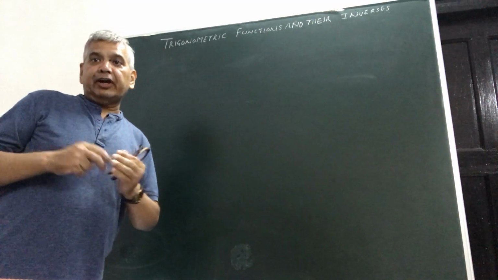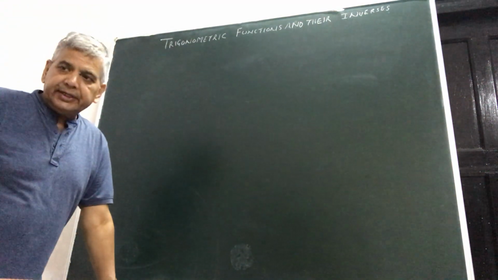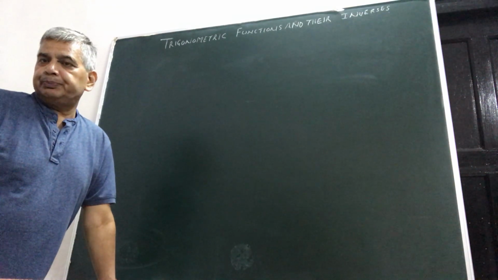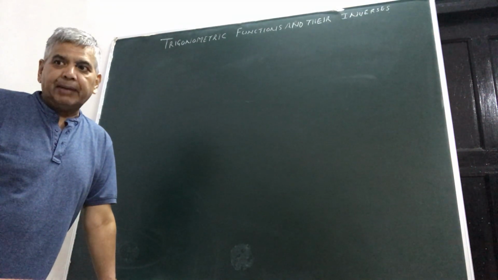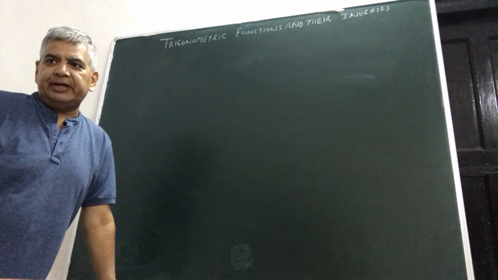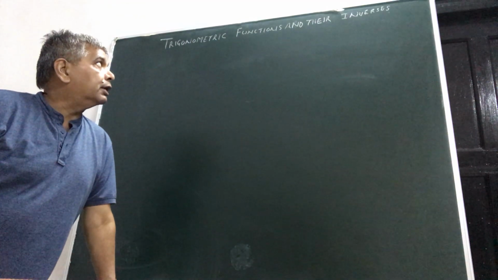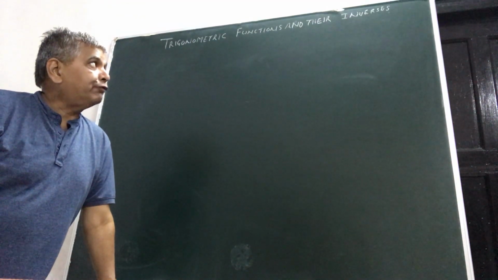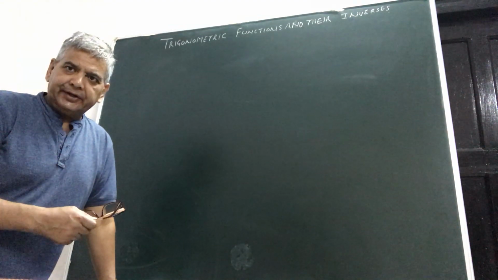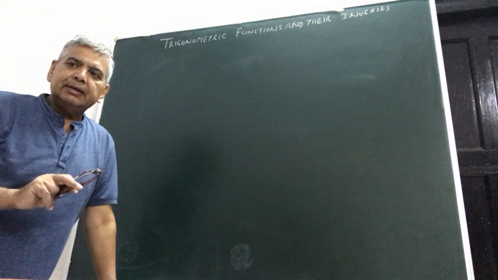Because if we want the function to be invertible, then it ought to be bijective. So that will be the main principle which we shall be deploying for finding the existence of inverse functions. And once we do it, then we will see what the possible